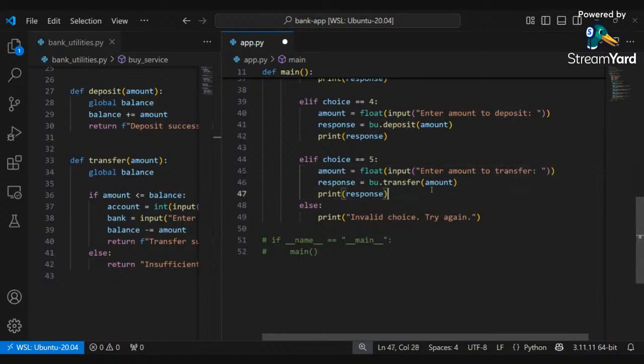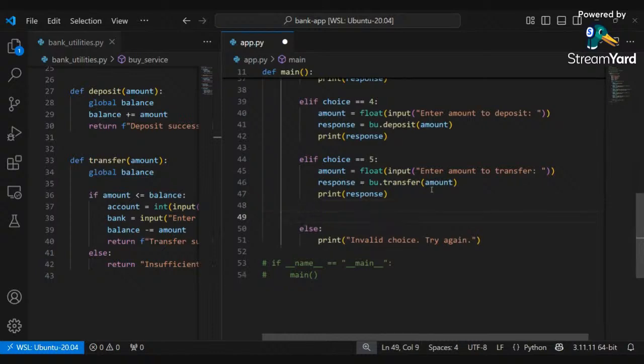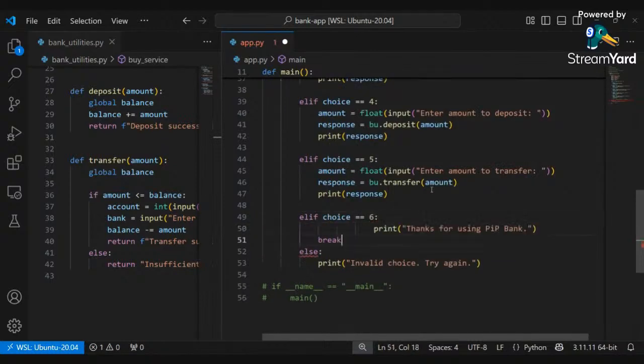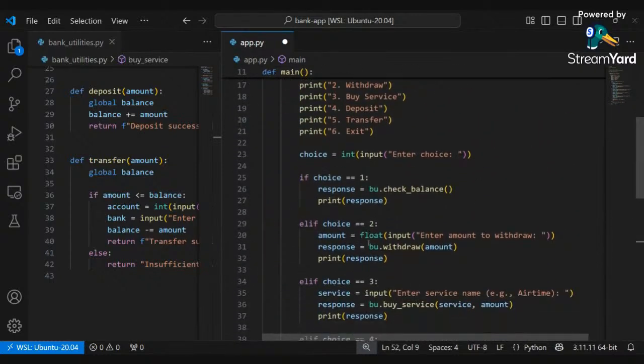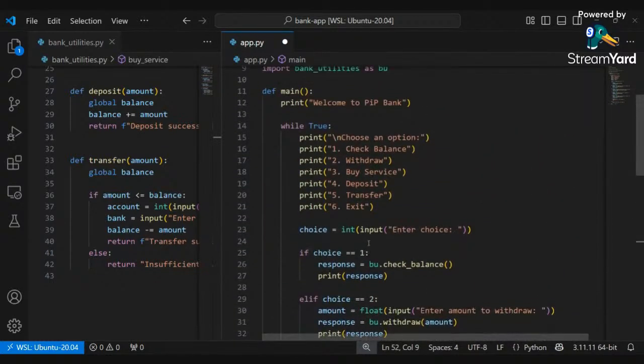Great. And then the next thing is we'll do an elif, because if the person's choice is equal to 6, meaning the person wants to exit, we'll just print thanks for banking, and then we'll break the loop. Otherwise, we'll keep going. I said something also: why true? Why true simply means that if the person,